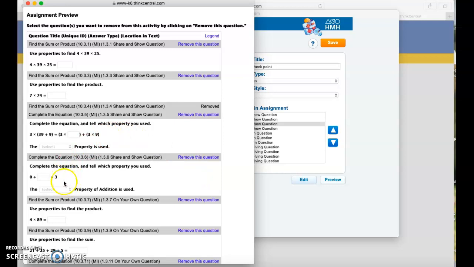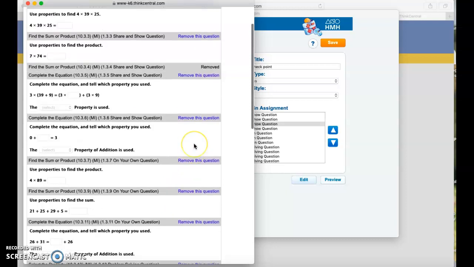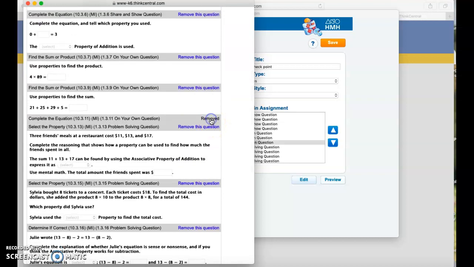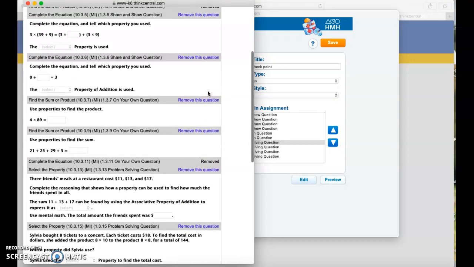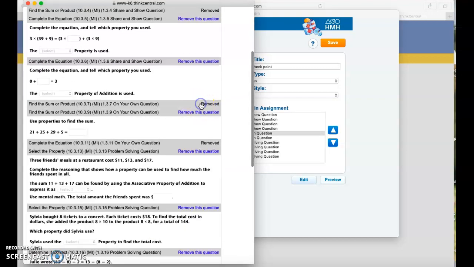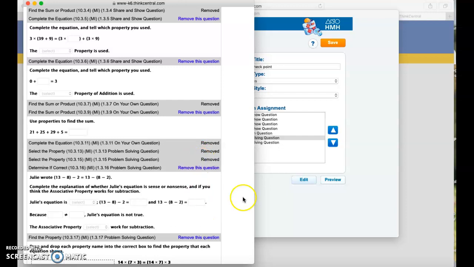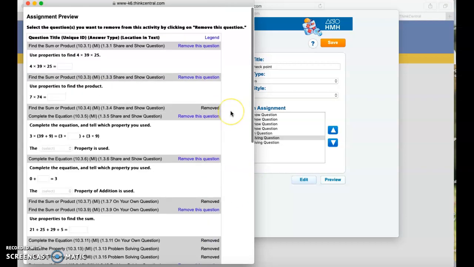Also going to remove this question. I don't want all of them to be from lesson 1.3, so I'm removing a few of these questions. So then I can add some questions from the other